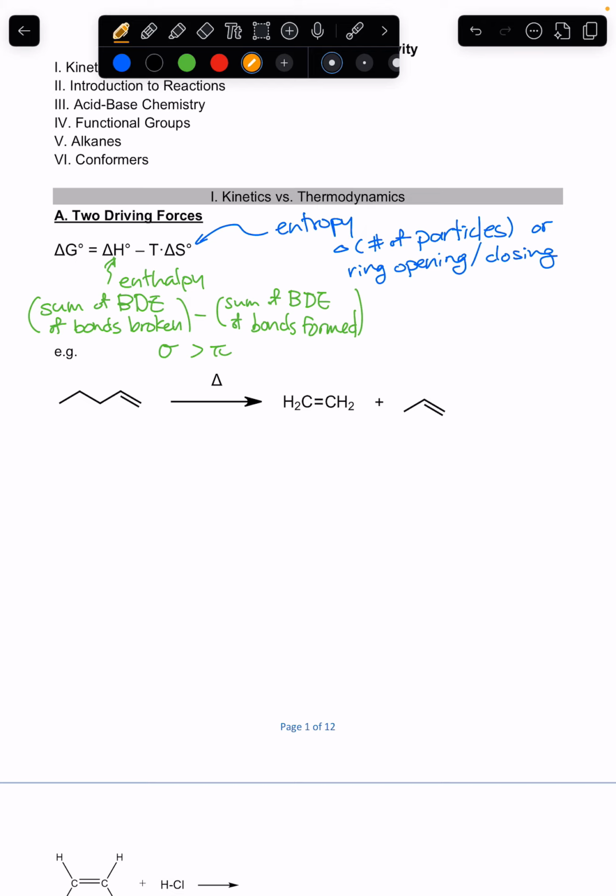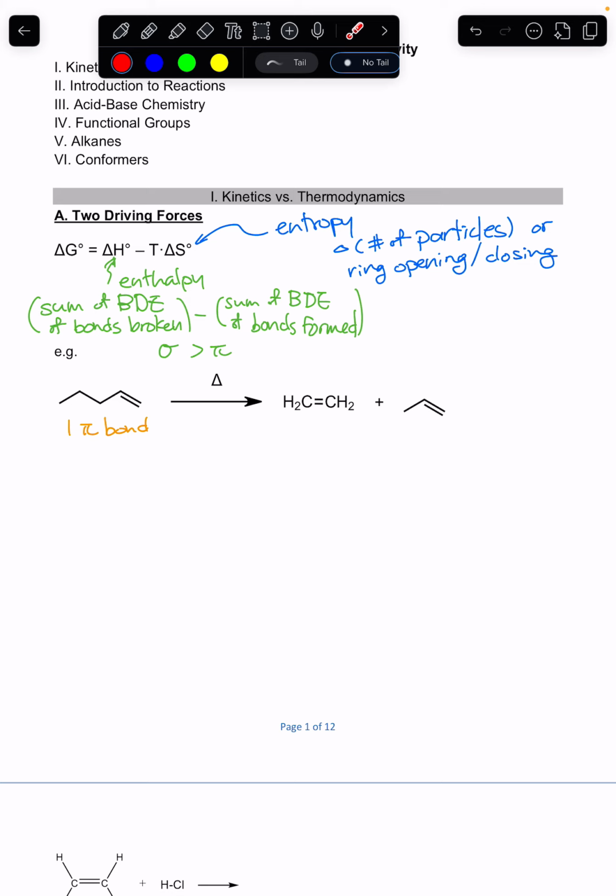Just to make things easier, we're just going to consider the number of sigma bonds and pi bonds. As far as pi bonds, it's pretty easy to see that the first molecule here only has one pi bond. There's 1, 2, 3, 4 carbon-carbon sigma bonds. Remember, double bond is made of a sigma bond and a pi bond.